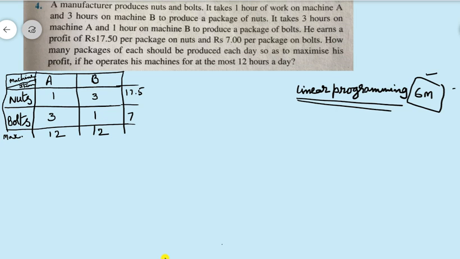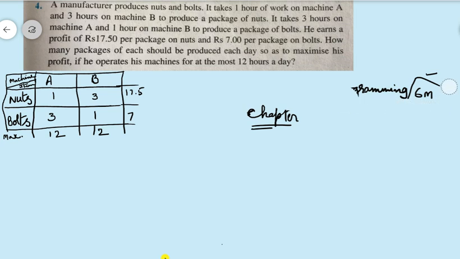So I am not discussing any detailed concepts. Along with the first question, I will try to discuss all the points which are involved in this particular chapter. Right? See the first question. First of all, you have to read the question thoroughly. After reading the question, you have to get clarity about the information. Then after getting clarity about the question, you have to make a mathematical formulation for that question, right?